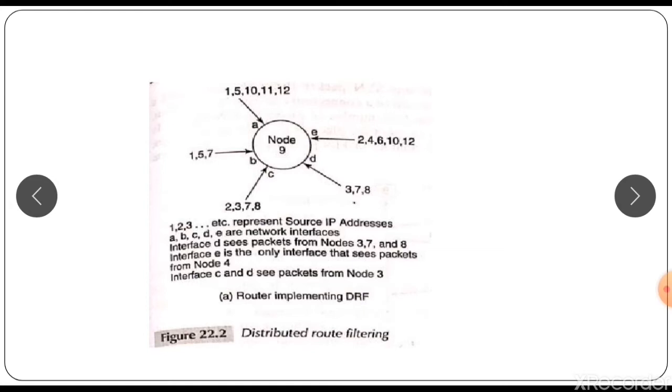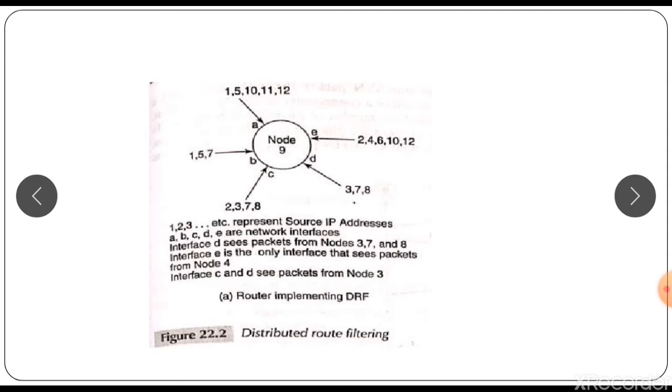For example, if you consider the source address as 7, it may arrive from the interfaces B, C, or it can come through D. So two packets arriving from source address 7 via the same interface can have different destinations. Also, two packets bearing the same source and destination pair may arrive on two different interfaces if there exist multiple shortest paths between the source and the destination.